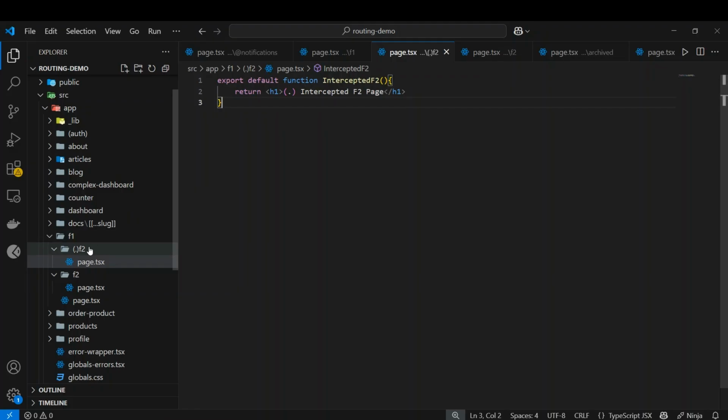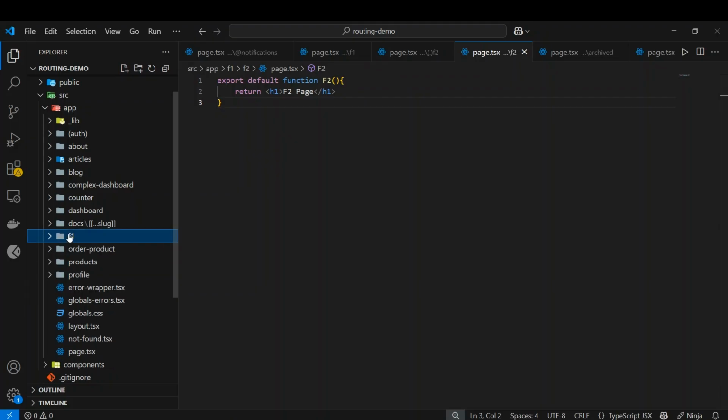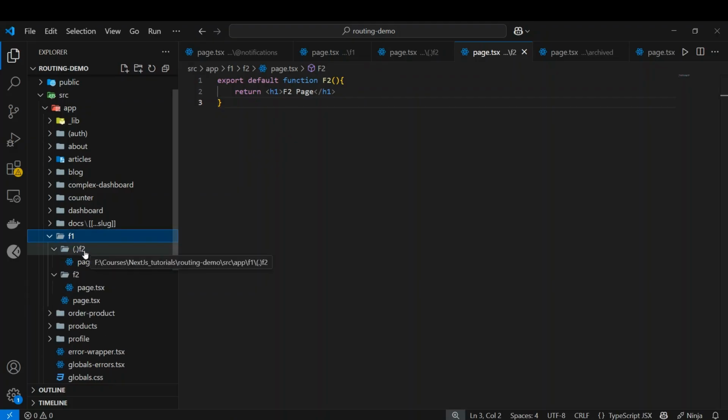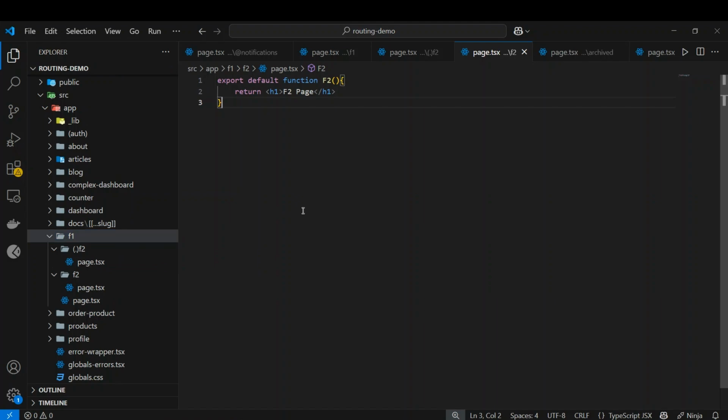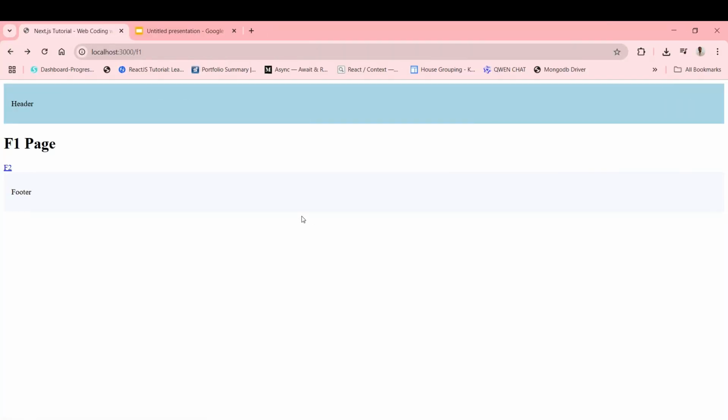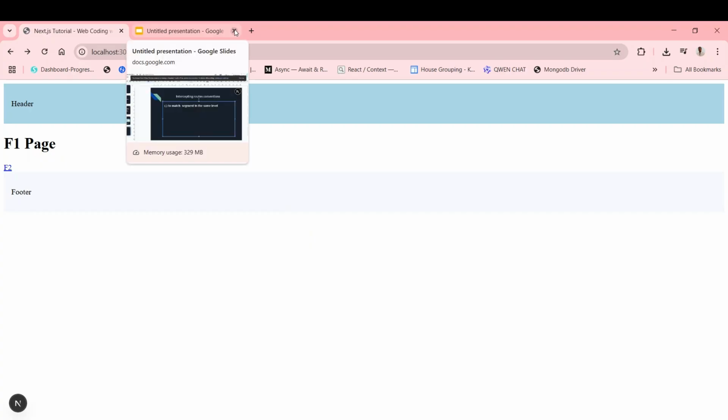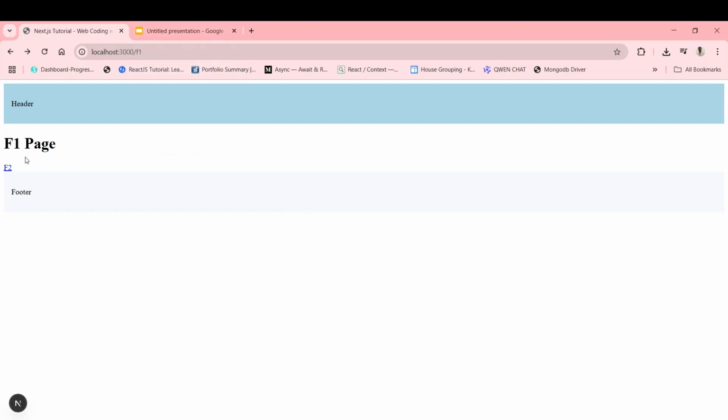Now here you can see that we have the intercepted f2 page over here, and we have our content on the f2 page. And keep in mind that the intercepted route will have the same destination folder. So in this scenario, f2 is our destination folder and f1 is the source folder. So let's move on to the browser and test it. So here you can see that I have visited localhost 3000 plus f1, and when we click on f2, so here